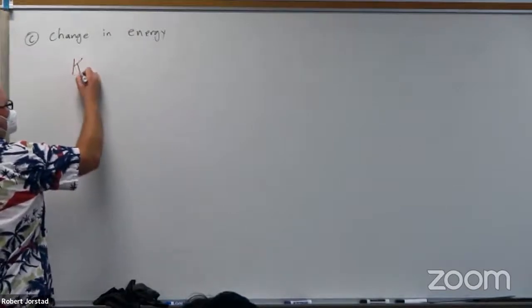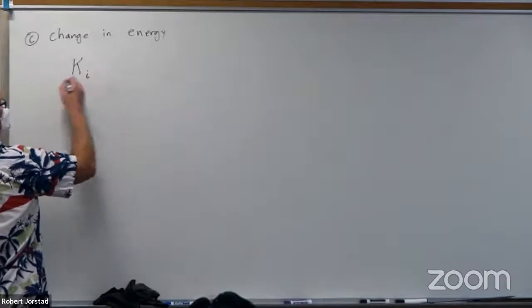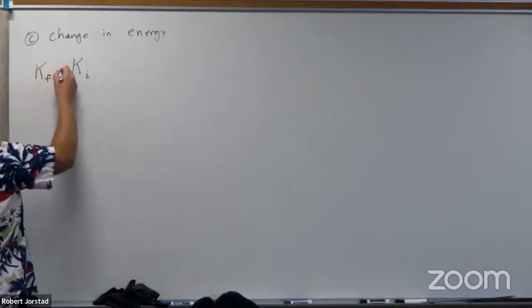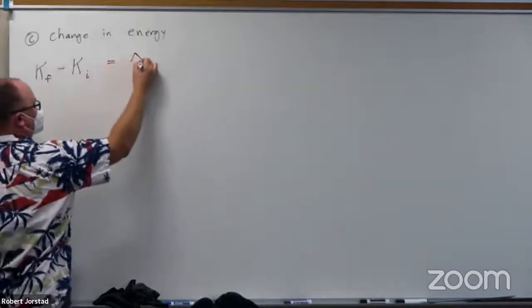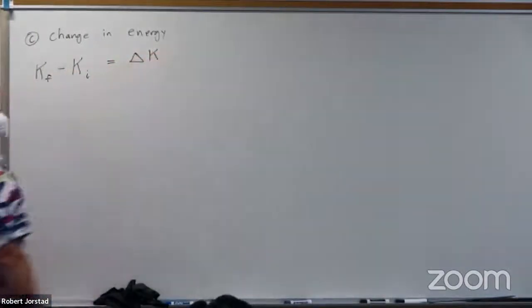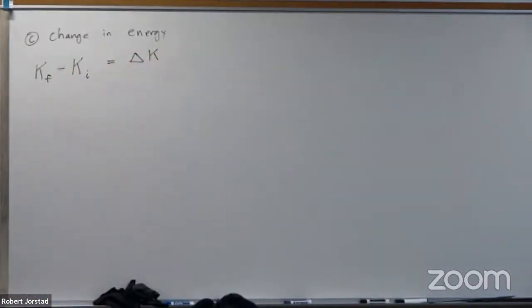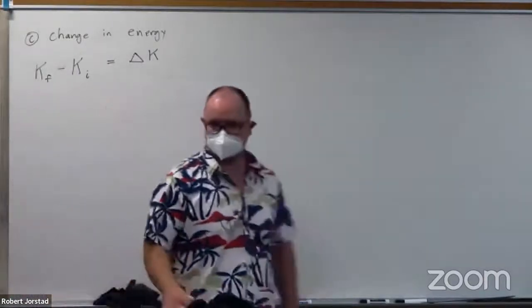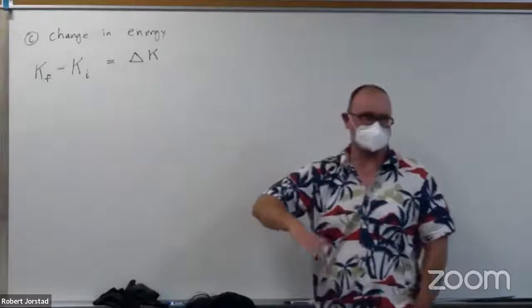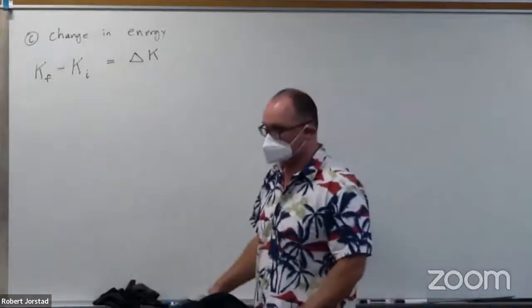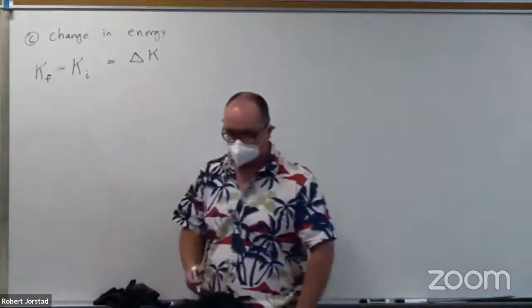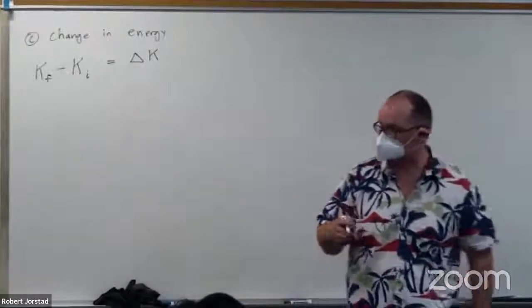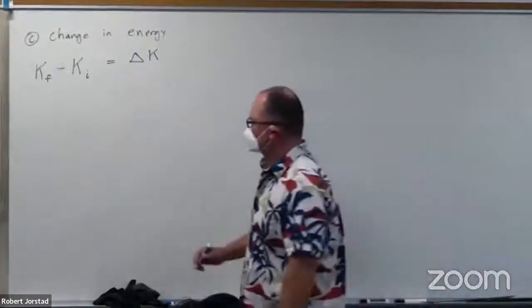So K initial and K final, minus that, will equal the change in energy. That's what we're looking for, right? Do you agree I don't have to worry about gravitational energy for this problem? Everything's level. We don't have anything going up or down, so I don't have to worry about that. There's no springs. We don't have to worry about work done by friction because these things have the little wheels. All right. So in this case,